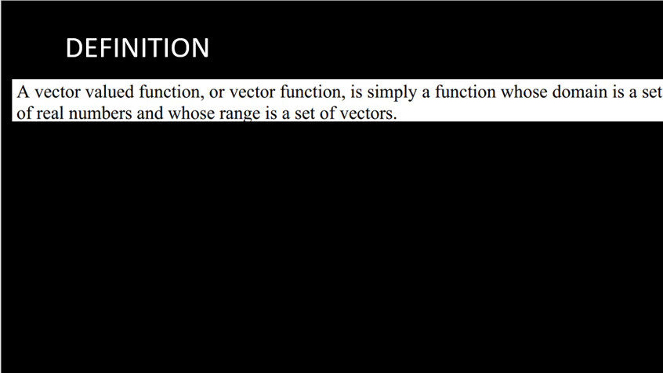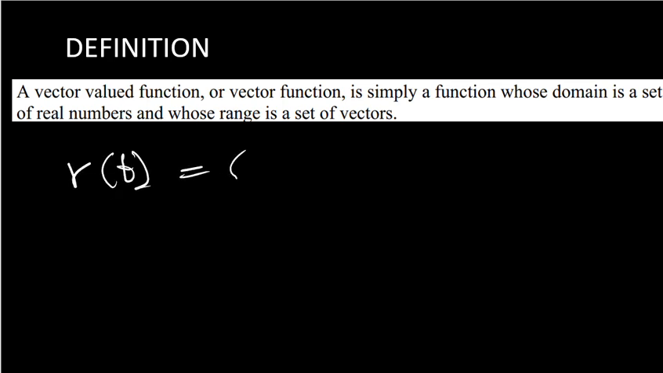What is a vector function? A vector valued function, or simply put, a vector function, is simply a function whose domain is a set of real numbers and whose range is a set of vectors. Good. A vector function can be represented as